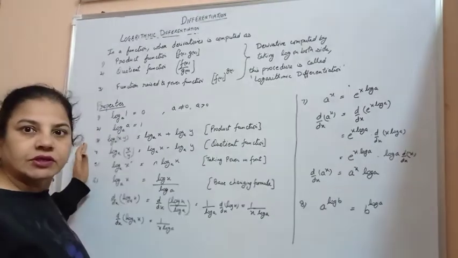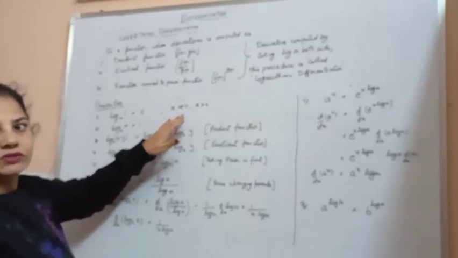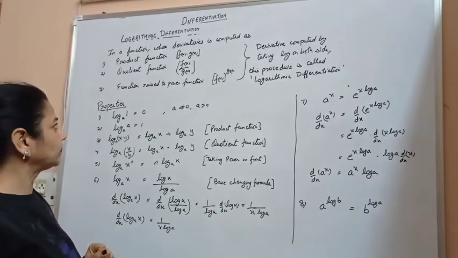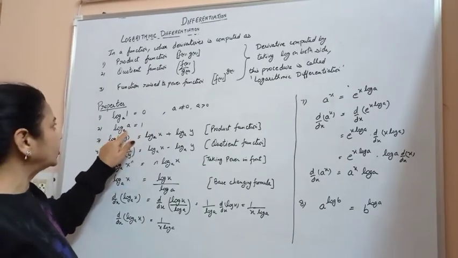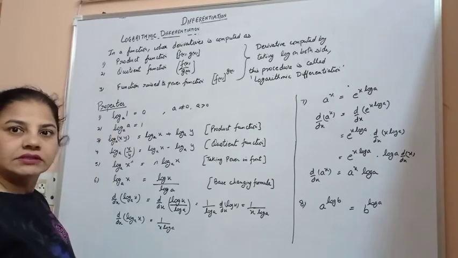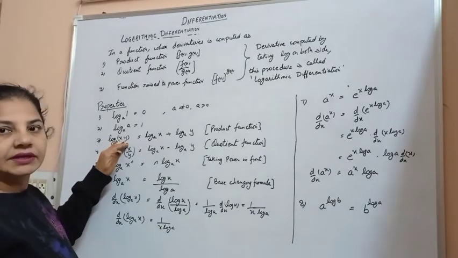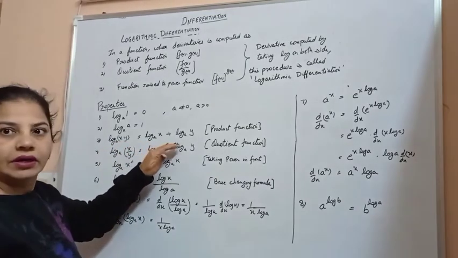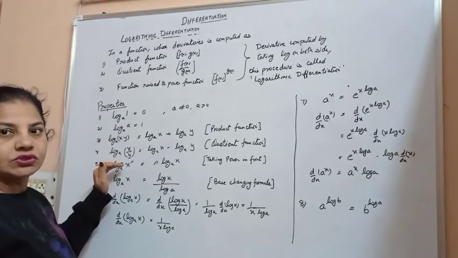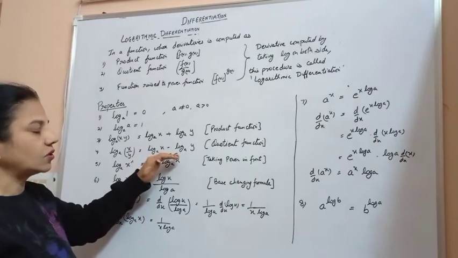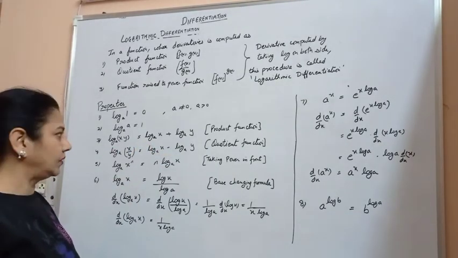Proceed by introducing some properties of logarithm. Log a 1 is given as 0 when a is not equal to 0, a is greater than 0. Log a base a to a is equal to 1, when both are matching, the result is 1. Log a xy, when it's a product function, can be split as log a x plus log a y. Log a x/y, a quotient function, can be split as log a x minus log a y, and after that, taking the derivative, you will get the differentiation of the log function.